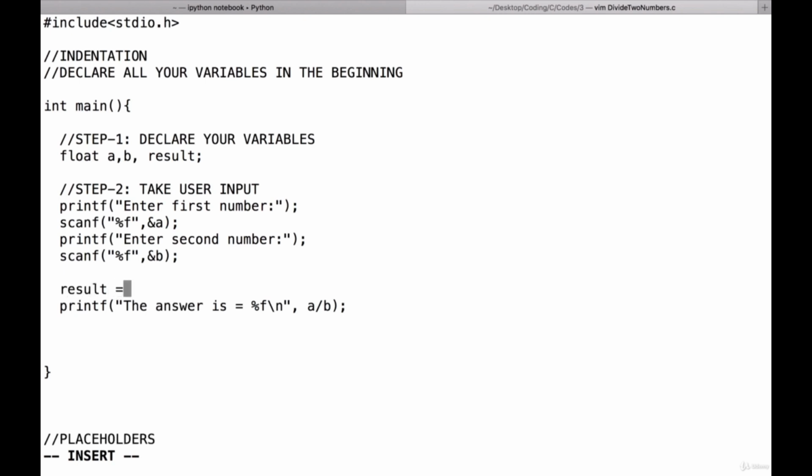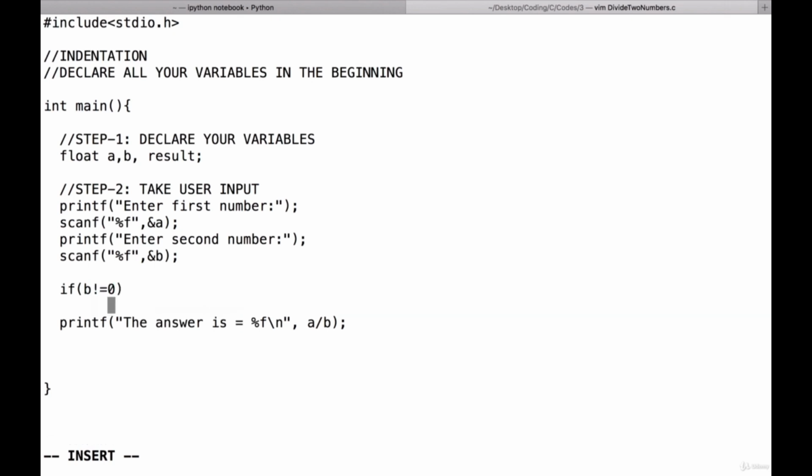Let's just say I want to store my result in the variable result, but I only calculate the result if certain conditions are true, and those conditions are basically that if b, the second number, is not equal to 0, only then calculate the result, which is a divided by b, and then print that the result is the result variable,